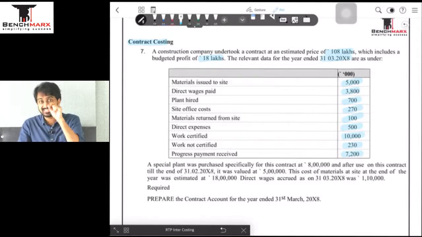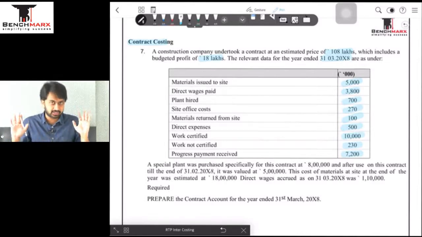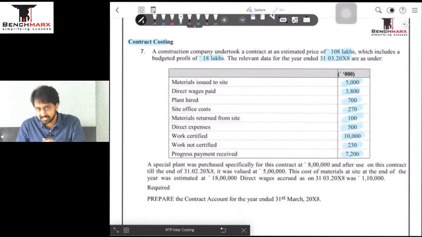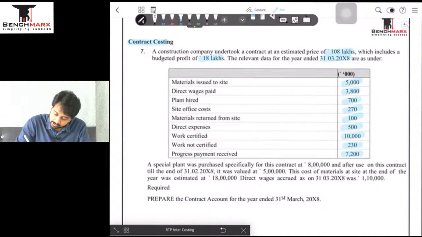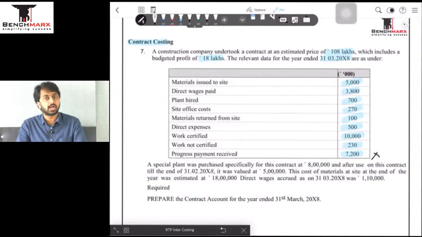This is not towards sale. Sale तभी होगा जब building ready होगा, अभी ये सिर्फ मेरा advance है. So cash account debit to contractee is the entry. Cash to contractee will not come anywhere in the contract account, which means this entry will find no place in our contract account to find the profits.